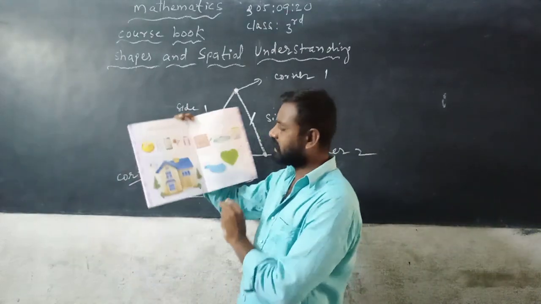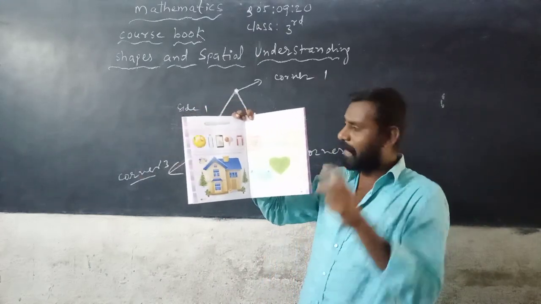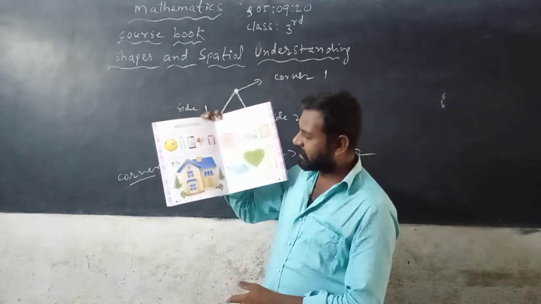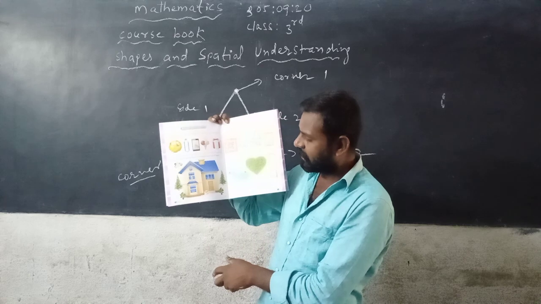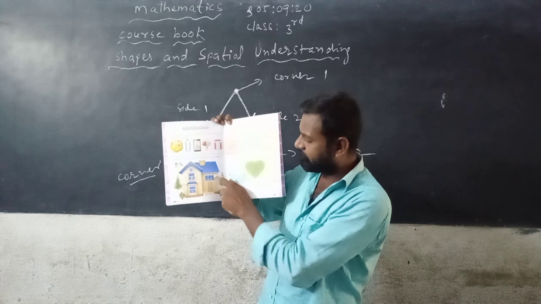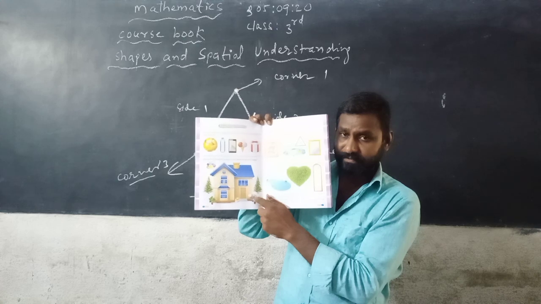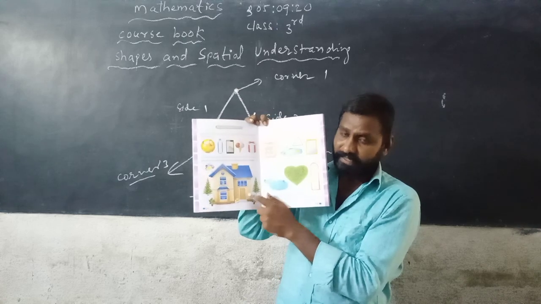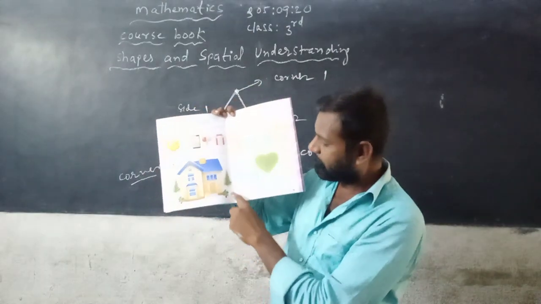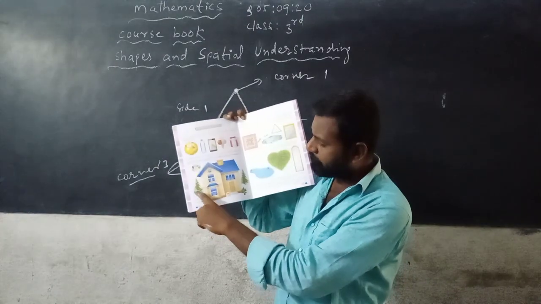See here, first of all I can see balloons. Approximately this is the sphere shape. So it is called 3D. Now next, this window is 3D. This is also 3D shape. This is also 3D shape. But door, this is also 3D. Now next, sphere, 3D shape. See here, one small plant. 2D shape, 2D shape, 2D shape, 2D shape.